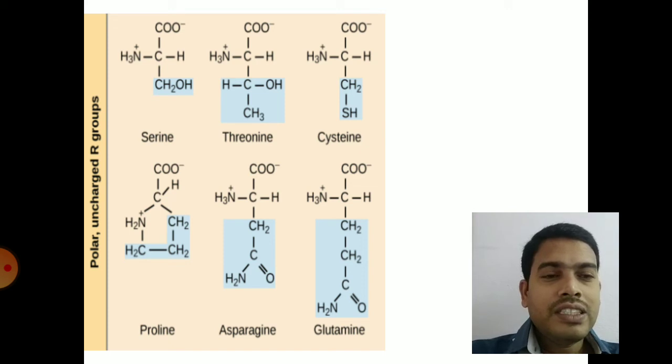So transamination reactions are the reactions where the amino group of an amino acid and a keto group of a keto acid are transferred onto each other to form a new amino acid and a new keto acid. That we will see during the reactions of amino acids. So asparagine and glutamine play an important role in the process of transamination reactions.